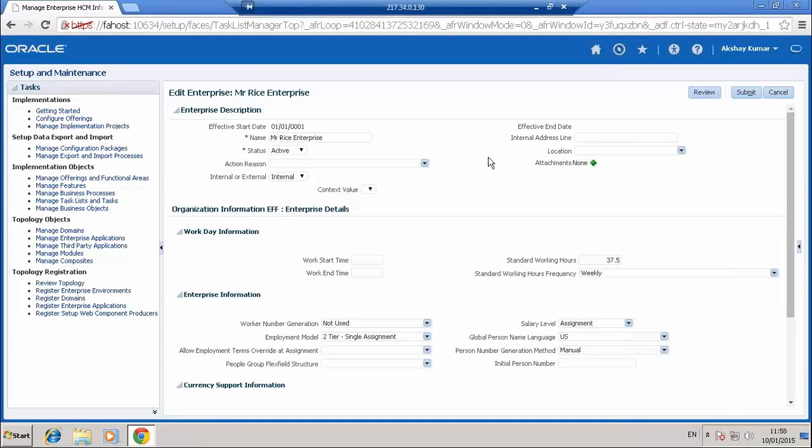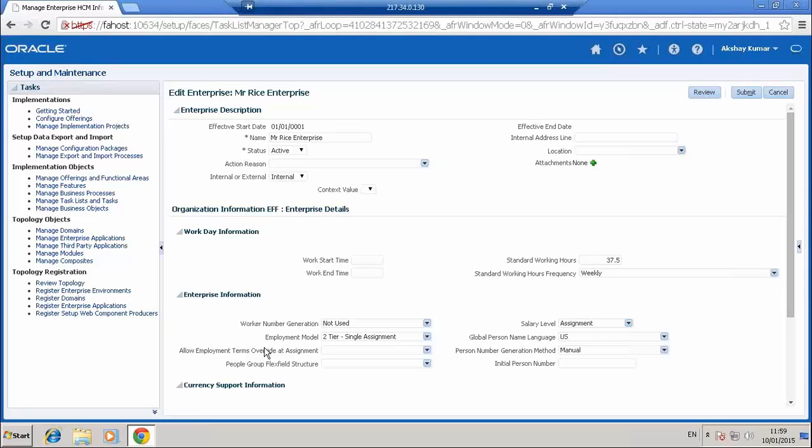This thing should not be changed. Once it is configured, it should be left as it is, because once you change these things again and again, the configuration, you won't be able to use it for other purpose, like hiring will be a problem and other issues will be a problem. Hence, this has to be configured before you configure legal entity or hire an employee, anything.